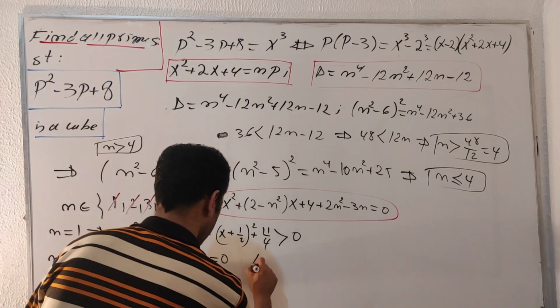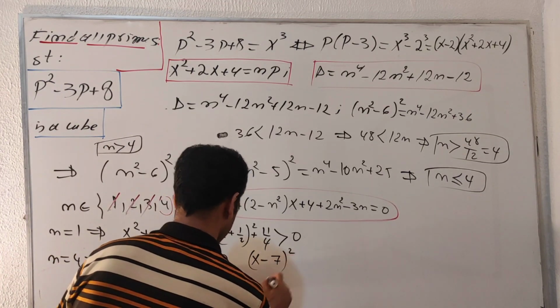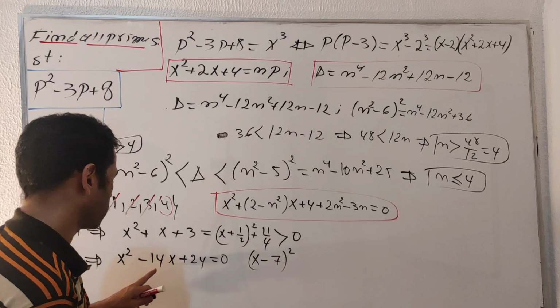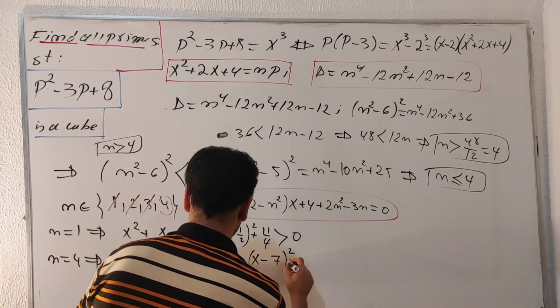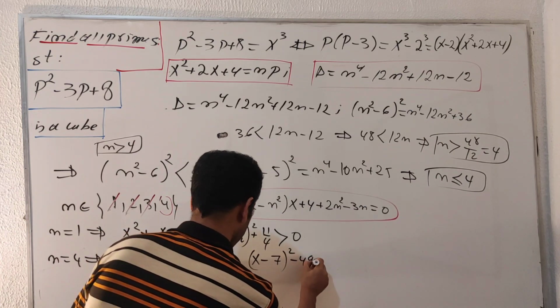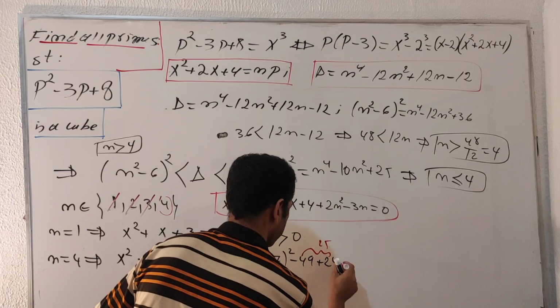Let's factor this one without calculating the delta. I will get x minus 7 squared. I'm going to distribute this one, which is given as x squared minus 14x plus 49 minus 25... minus 49 plus 24, which equals 25, equals 0,